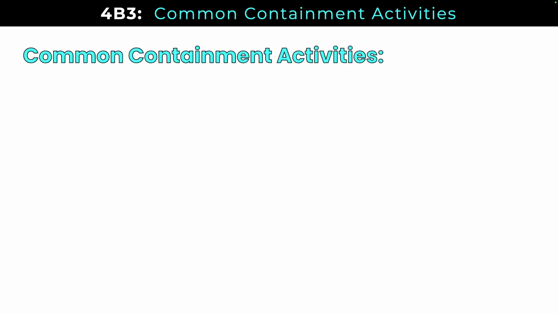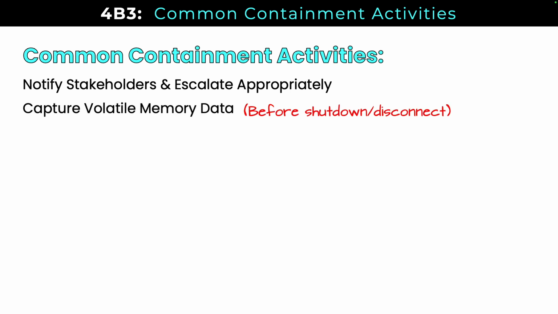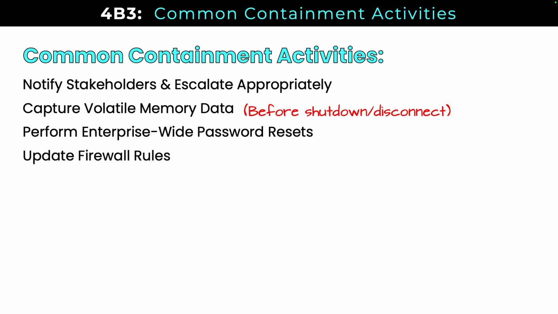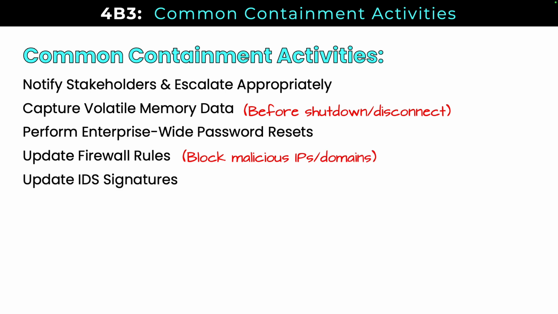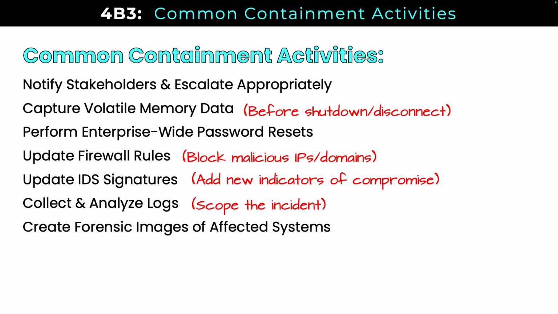So, common containment activities: notifying stakeholders and escalating appropriately, capturing volatile memory data before shutdown or disconnection, because it's volatile data that will disappear when we shut that system down, performing enterprise-wide password resets, updating firewall rules, blocking malicious IPs or domains on our firewall, for example, updating our intrusion detection system signatures, so adding new indicators of compromise, collecting and analyzing logs, so scoping our incident, really understanding what happened, creating forensic images of affected systems, reverse engineering malware